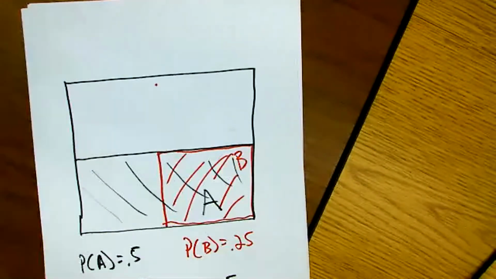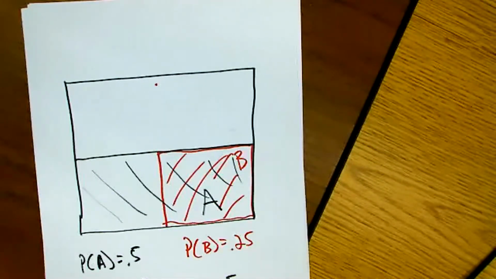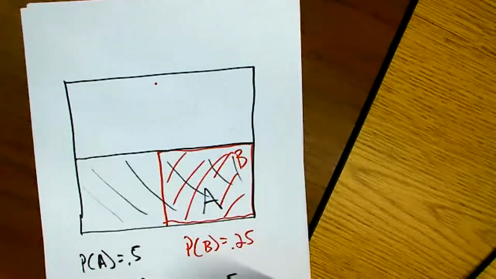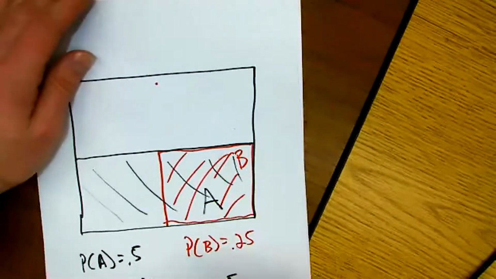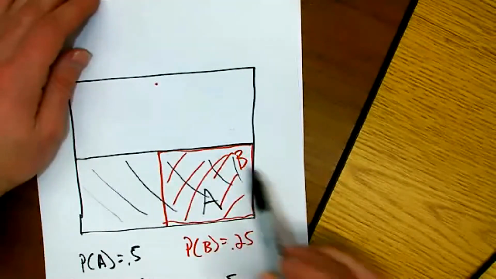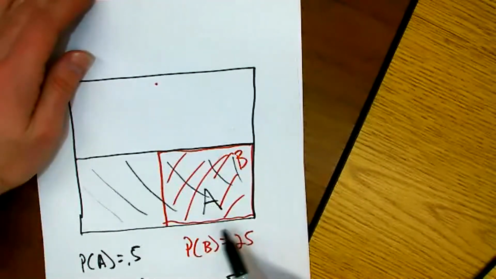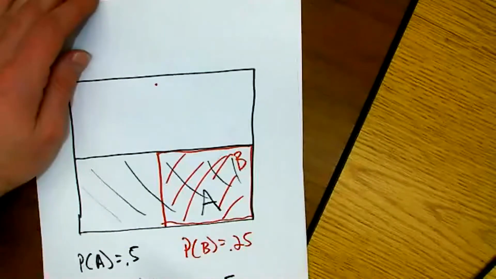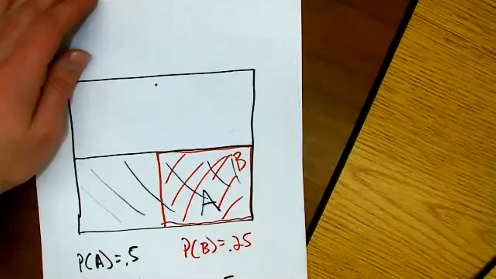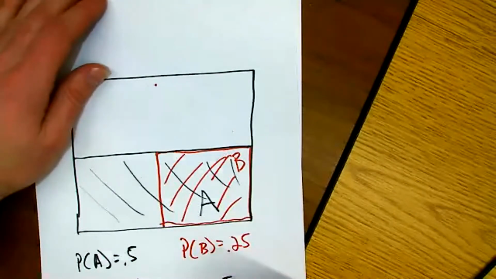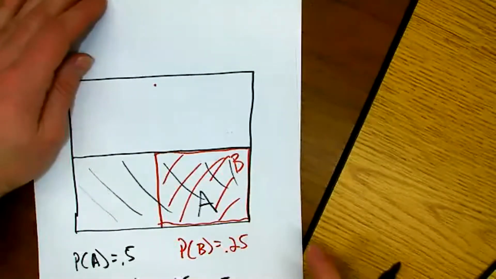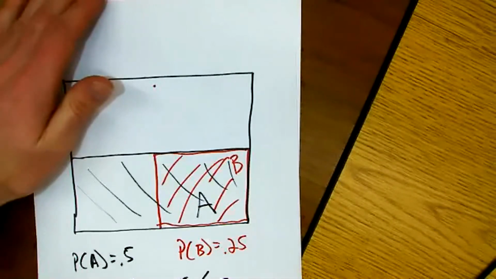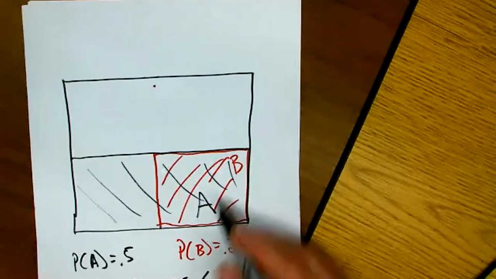So what's the probability that I'm in both A and I'm in B? Well, we said we can think about that as the probability of, and I don't think I have it on the screen here, but we can run with it. So I've limited this down to the space of 0.5. How much of that remaining space, now that I've conditioned on A, is made up of B? Well, the area of B was 0.25, but it was 0.25 out of an entire space of 0.5, right? So it's like we'd be dividing that probability of B